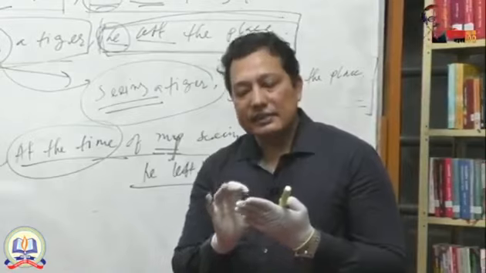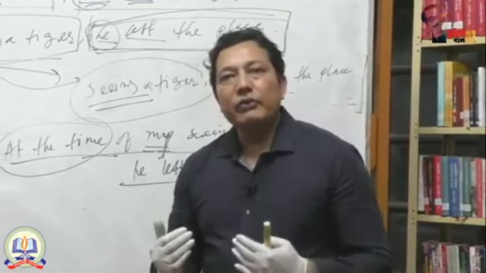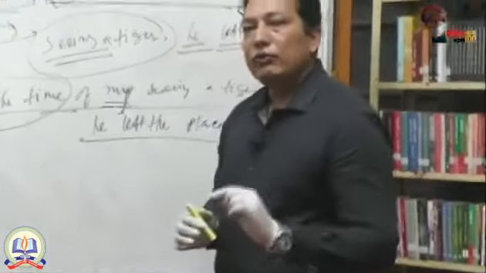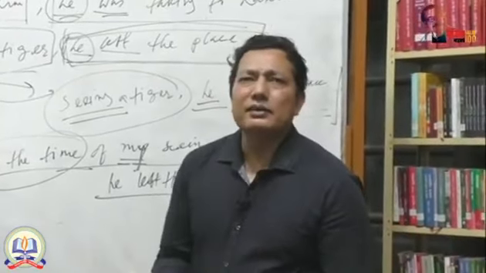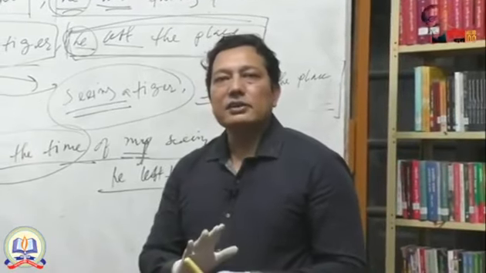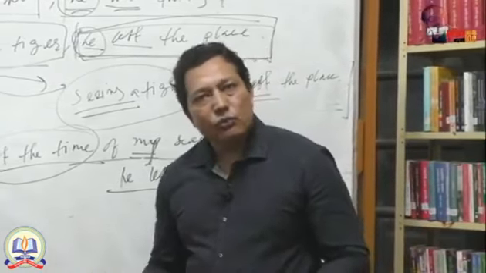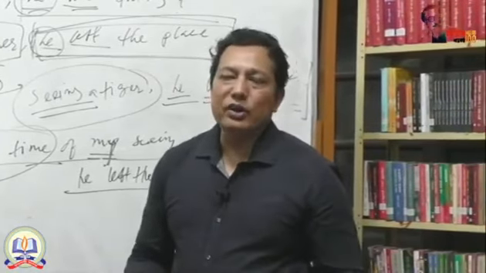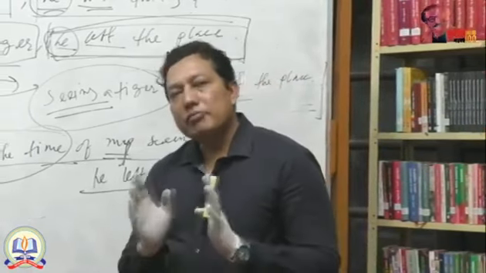That means in a complex sentence you will get a subordinate clause and a principal clause. How will you be confident that it is a subordinate clause? In a subordinate clause, you will find the subordinate conjunctions, which will actually paralyze the part. That means, though it has a subject and a finite verb, it cannot ensure the completed thought. Like, as he was ill. As he was ill does not ensure the completed thought. So it is a subordinate clause, and the rest will be the principal clause.